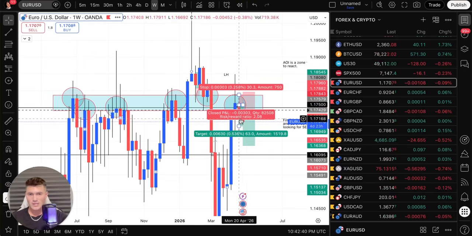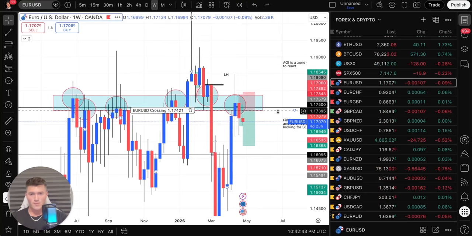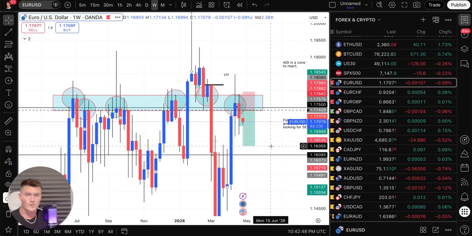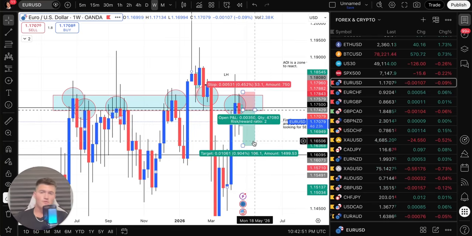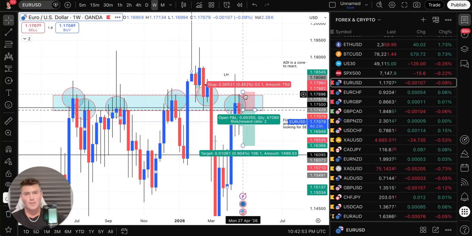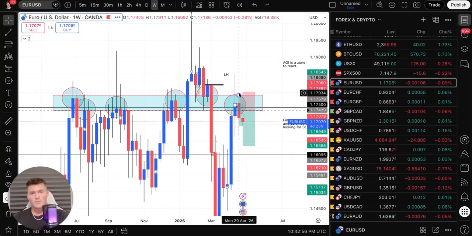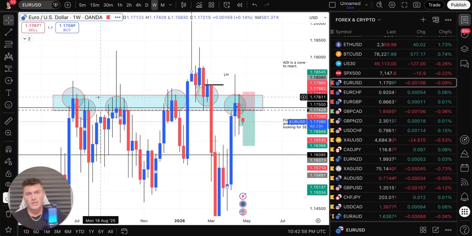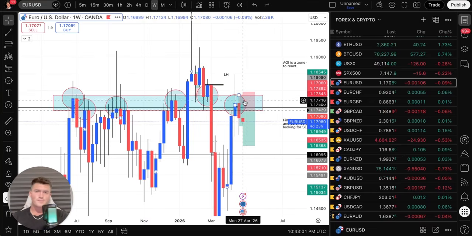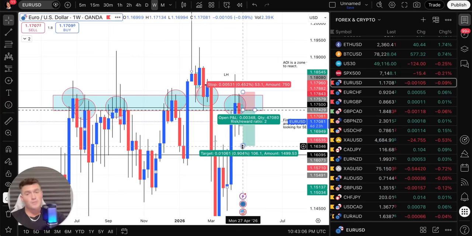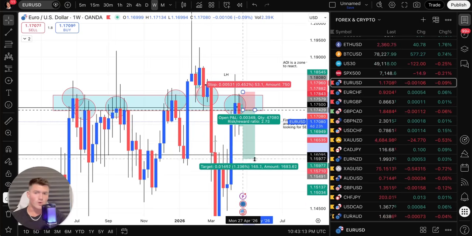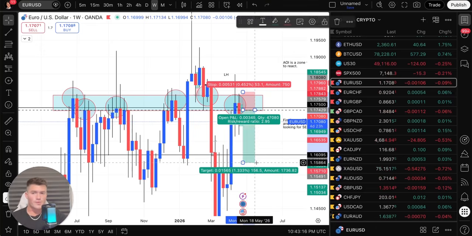Price has reacted last week. Now this week, we're waiting for the pullback to then enter so that we can catch another big move to the downside. I am currently aiming for just a 1 to 2. I've got a nice healthy stop loss, which is above the previous wick and above all the previous candles here at this area of interest. So this trade by Friday should make me anywhere from $16,000 to $20,000, depending on if I continue to hold. That could give me a 1 to 3 if I hold